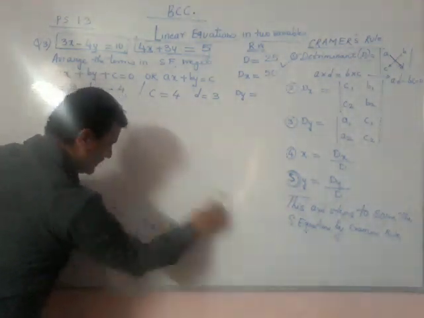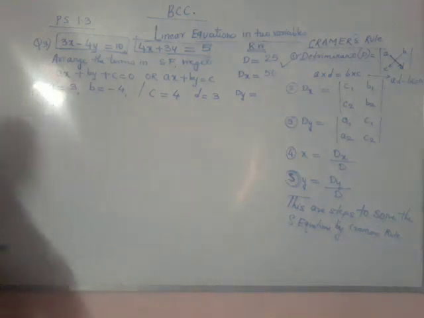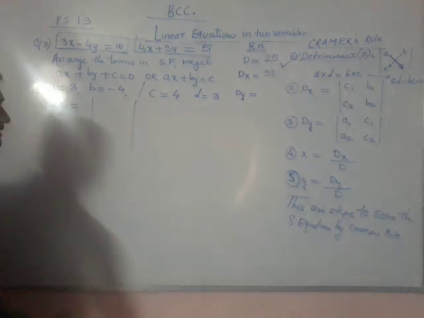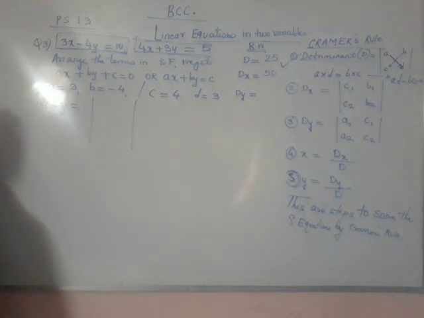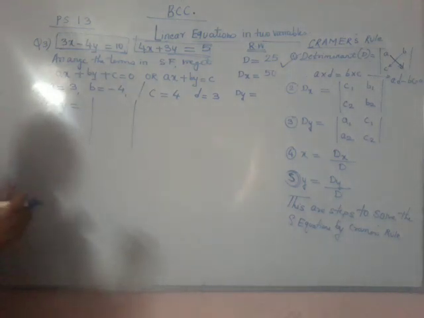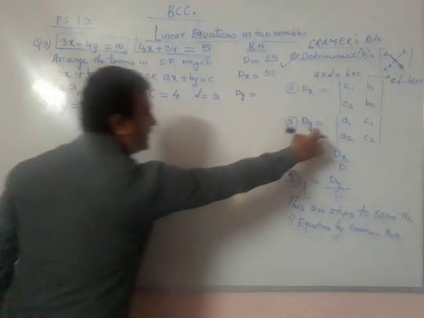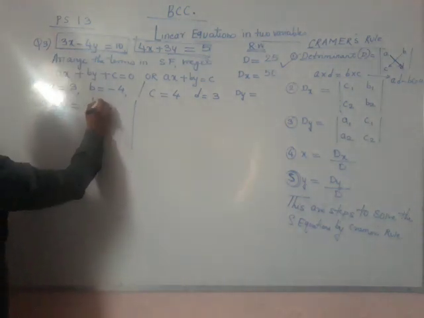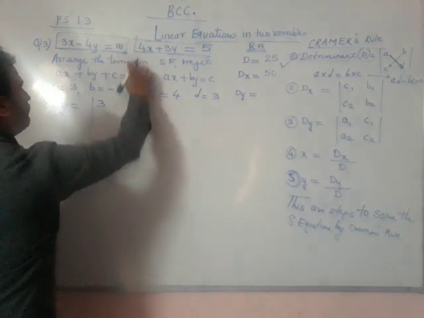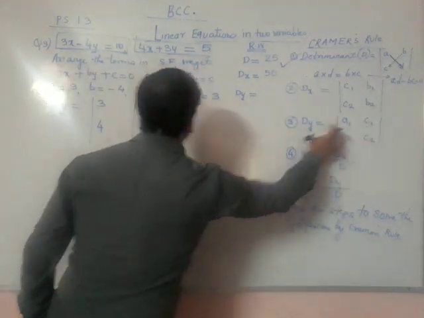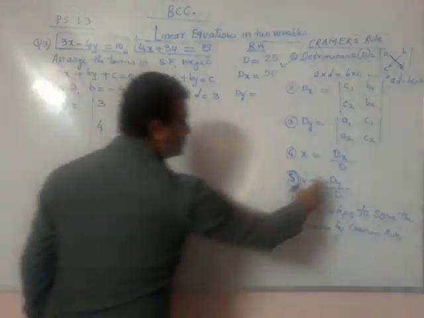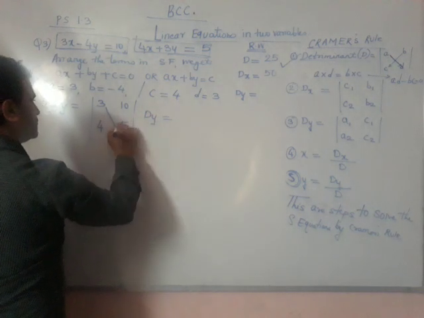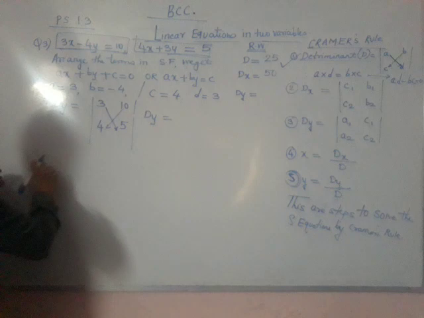सो dy ढूंढेंगे अभी। So let us find how to calculate dy. So dy is equals to, therefore क्या फॉर्मूला है dy का? एब्सोल्यूट वैल्यू ओपन a1 a2 c1 c2, राइट। अभी आपको a1 a2 c1 c2 ये मालूम हो जाना चाहिए। यस, अभी माइंड में रखना है a1 मतलब क्या है? 3, करेक्ट, राइट। a2 क्या रहेगा? 4, राइट। यस, c1 क्या रहेगा? 10, राइट। c2 कितना रहेगा? 5, वेरी गुड।